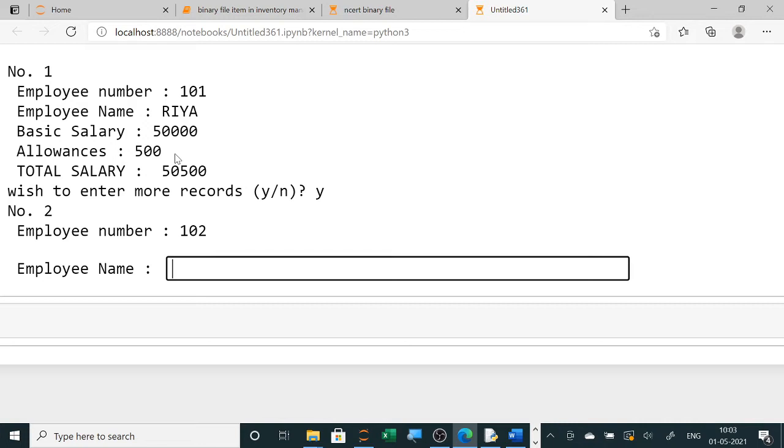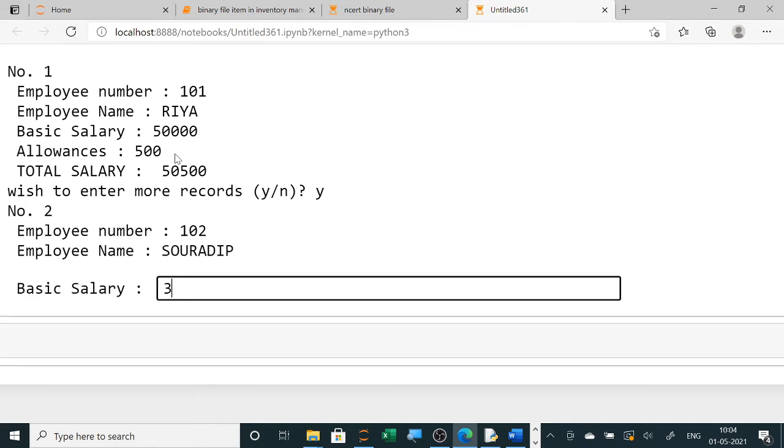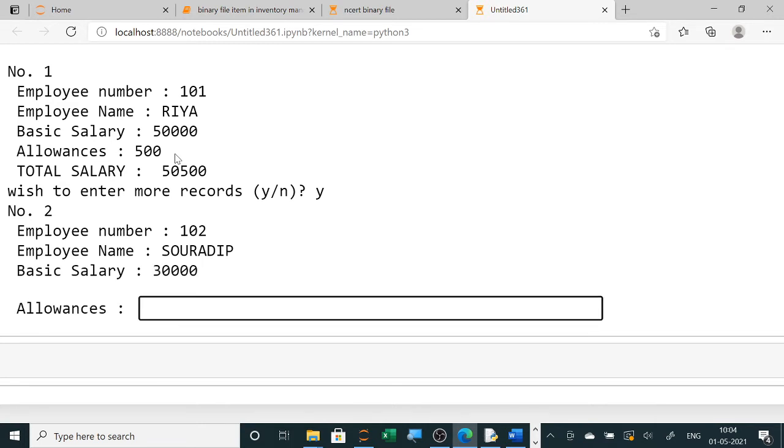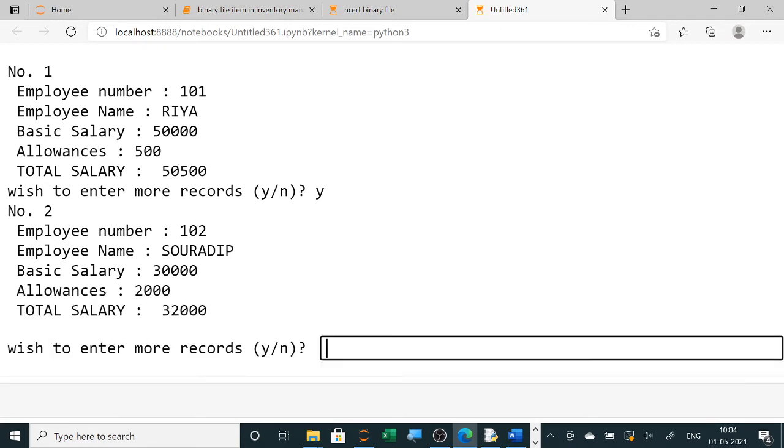And then employee name, any employee name you can write here. Any name you are writing here, and then basic salary and allowances. So it is over.